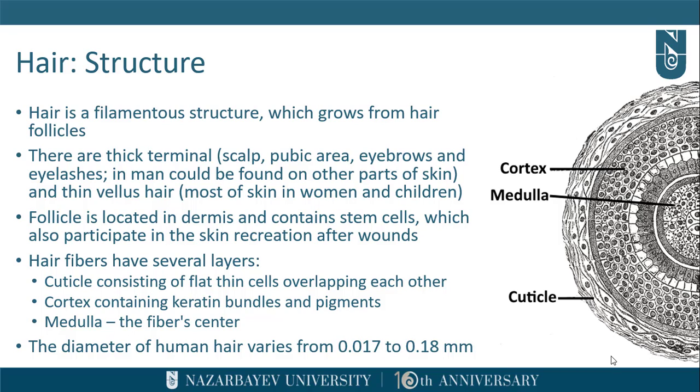The hair contains three different parts, that is medulla, cortex, and cuticle. Medulla is the central core of the hair. It is surrounded by the cortex. Cortex is a layer of compressed keratinized cells, and cortex itself is surrounded by the cuticle. And cortex is covered by very hard cells. Those are cuticles. So hair growth begins with the production of keratinocytes in the hair bulb,